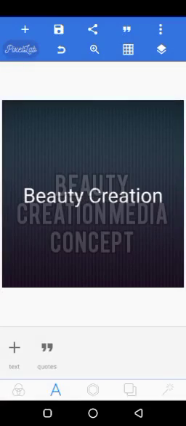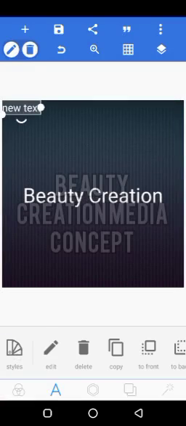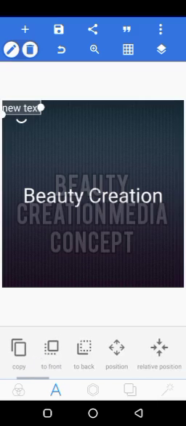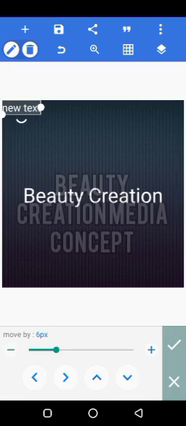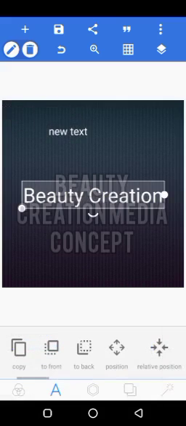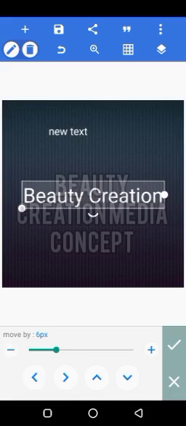So like I'm saying, we are working on the letter A, that is text. Then like I said before I left, this is the position. The position arrows are here. It has up, down, left and right. This is your left. The position sign shifts